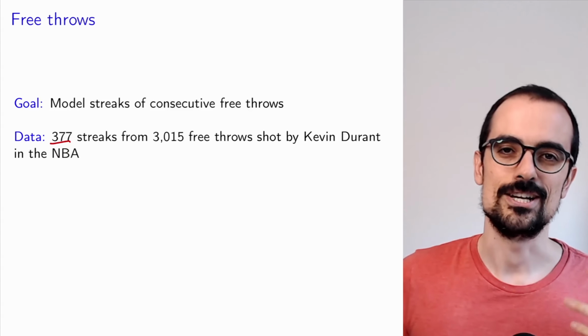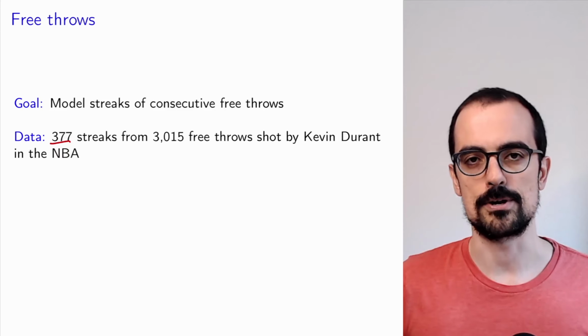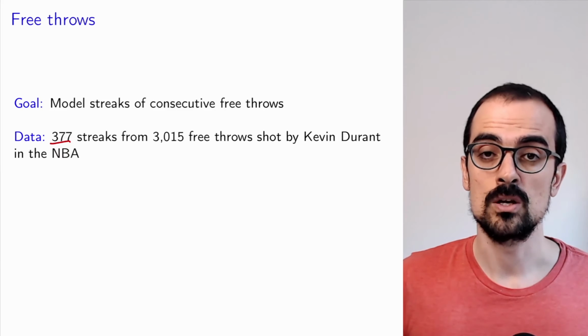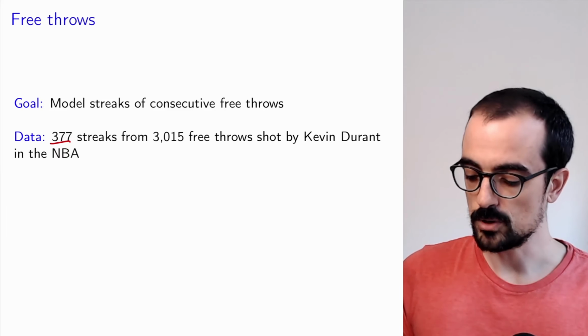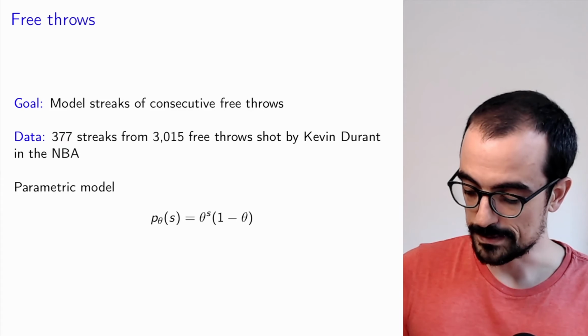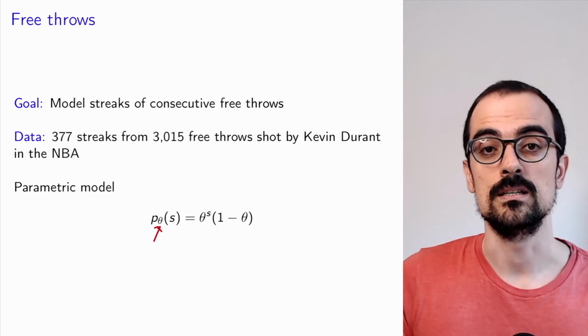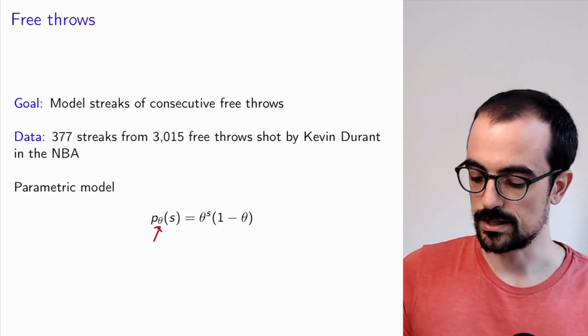We were not super satisfied with the non-parametric way to do this, which used the empirical PMF. And because of that, we designed a parametric model that looks like this. Okay, just to be clear, this parametric model depends on a single parameter theta. And it says that the probability that we're going to see a streak of length s